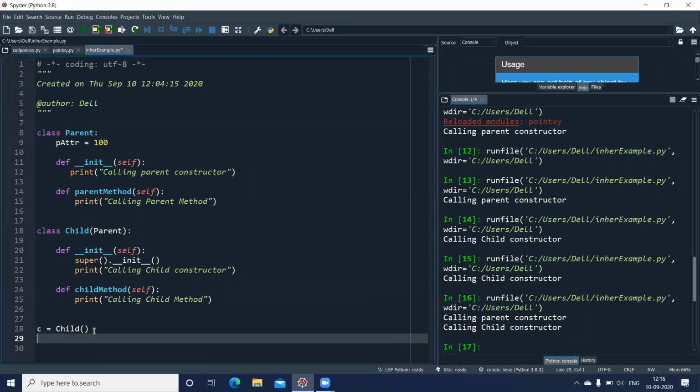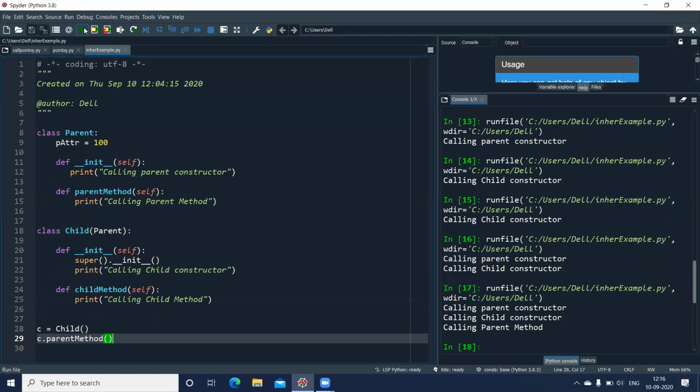And from here, to make a call to the method, I can use c dot. Let us make a call to the parent method first. So I'll write parent method and execute this. You can see the print statement getting executed.